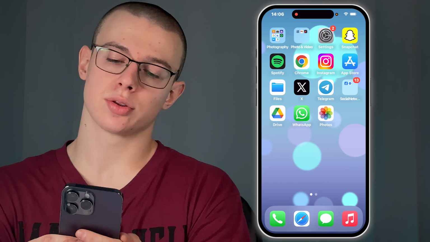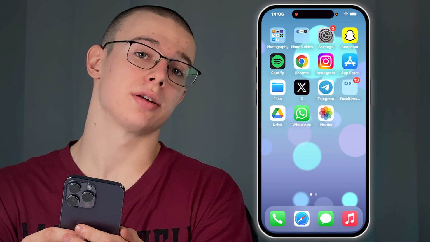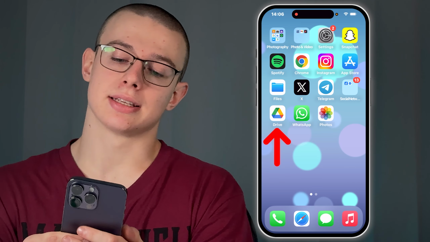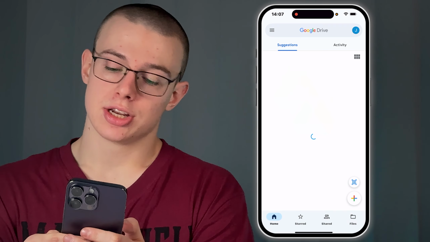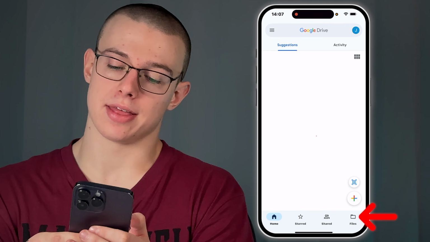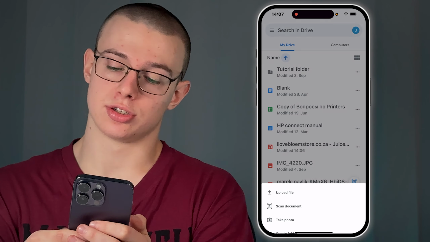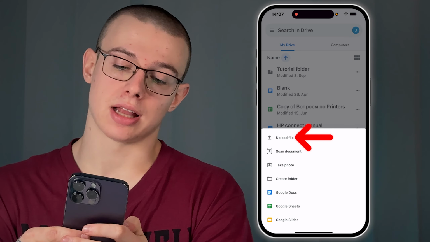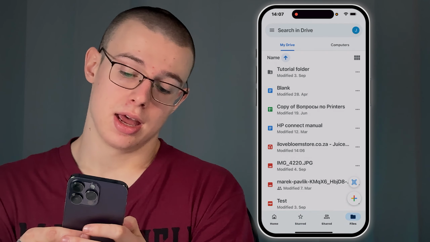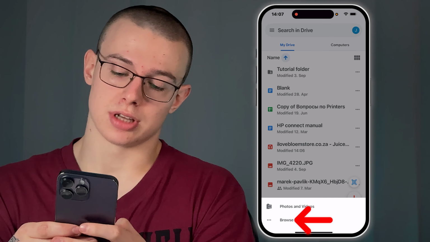So for the second way, you can open Google Drive either through website or inside the app, and when you did, just go to the Files tab at the bottom right and tap on the plus icon at the bottom right too. Now click on the Upload File option from the pop-up menu and now select the Browse option at